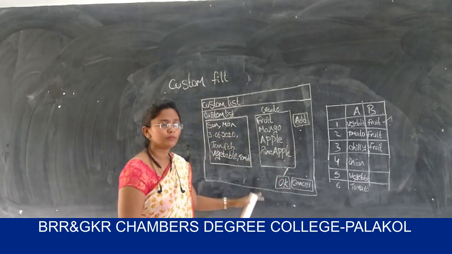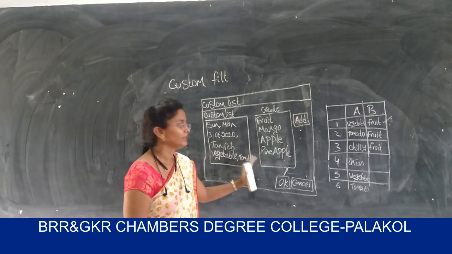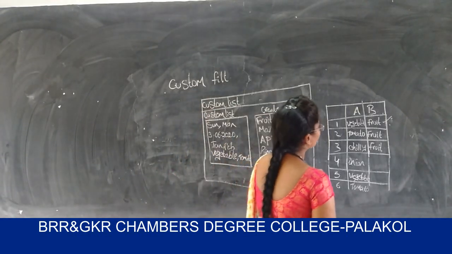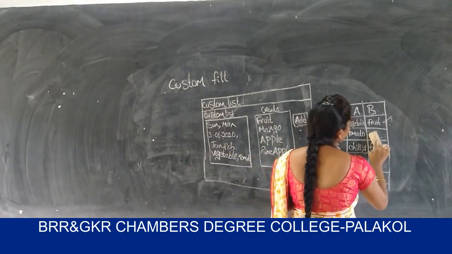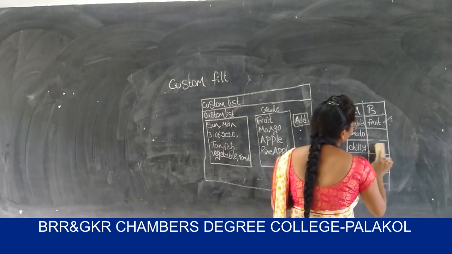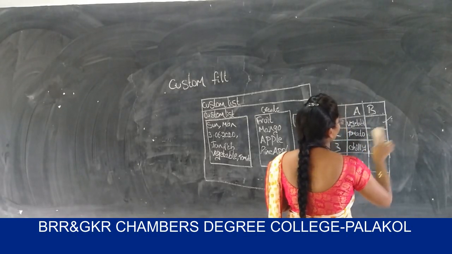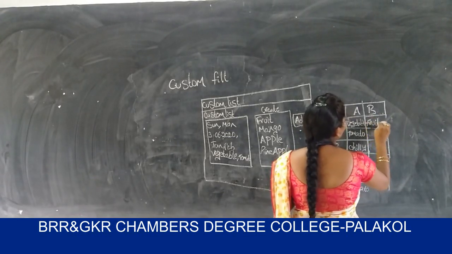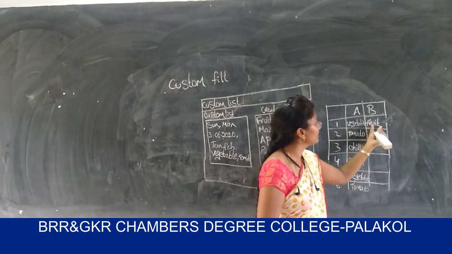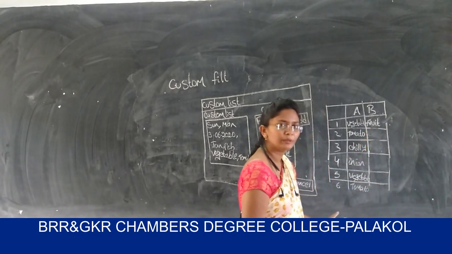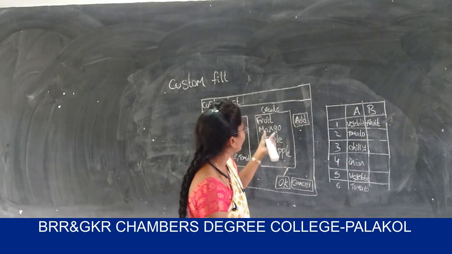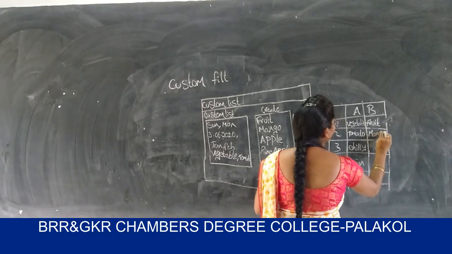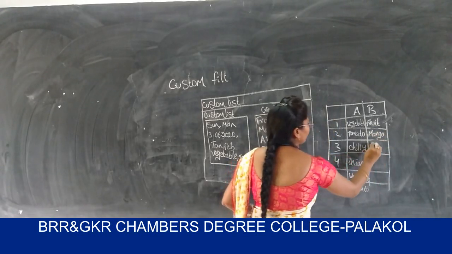If you click on the OK button, this created list is entered into the custom list. That means a new list is created in the custom list. Again I am going to the Excel sheet and I am writing fruit in the B1 cell. If I write fruit in the B1 cell, select this cell and drag towards the downward direction, here you can find the next series. That means after fruit you can find mango, apple